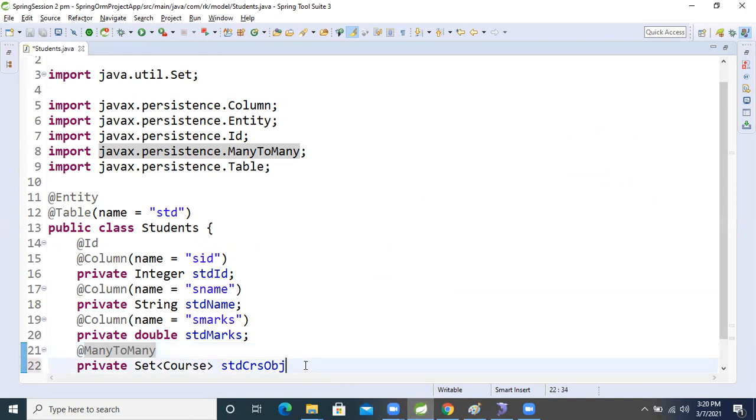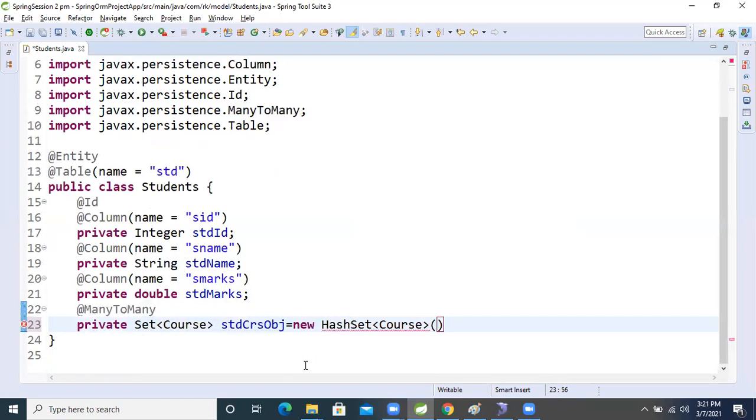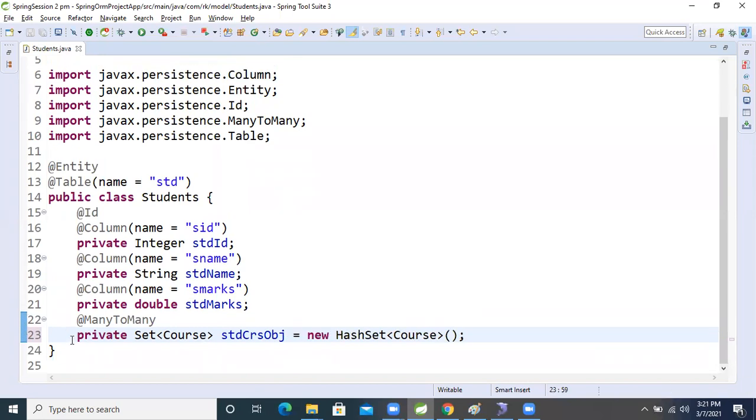Here, directly, I am adding it in the testing class, taking the implementation class here only. To make this attribute a many to many relation, which annotation will we apply? The @ManyToMany annotation.